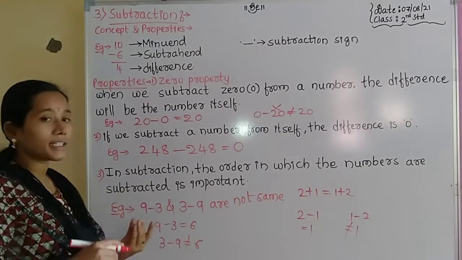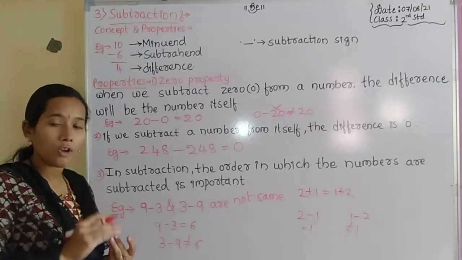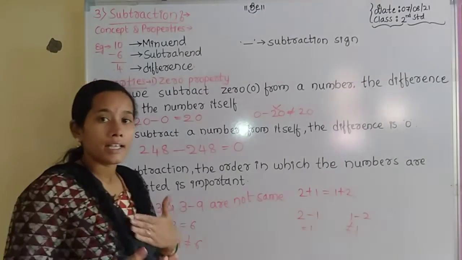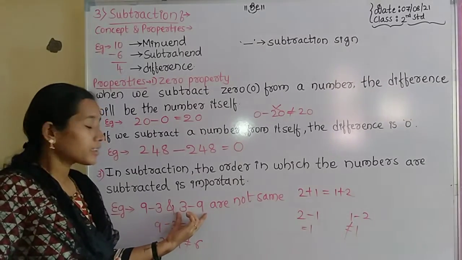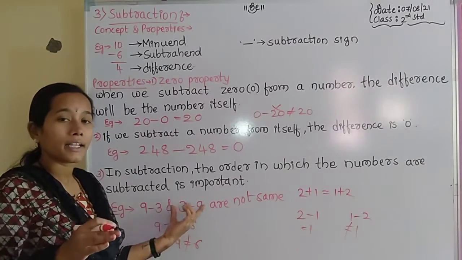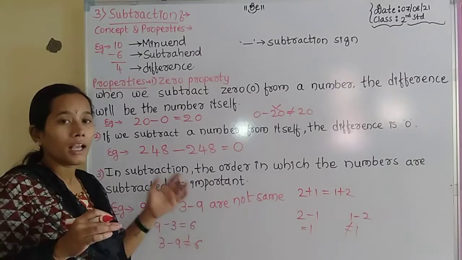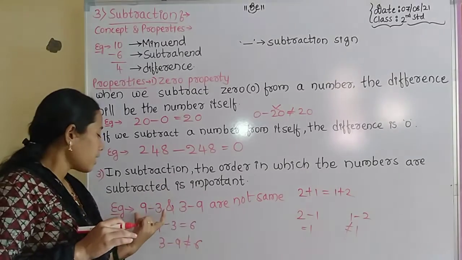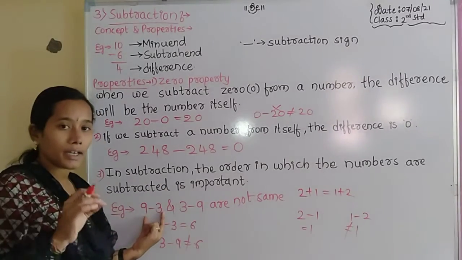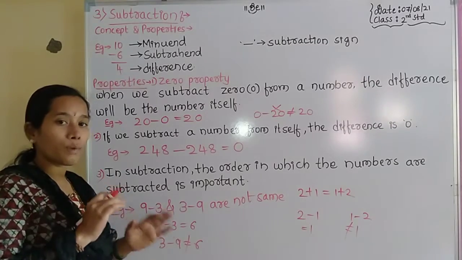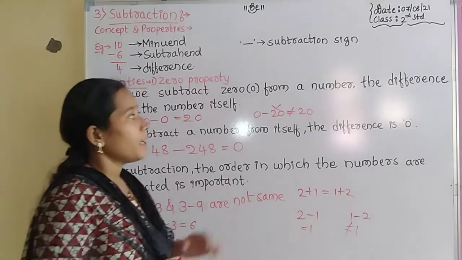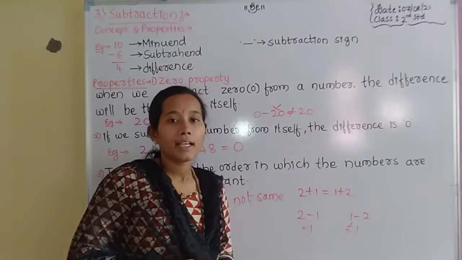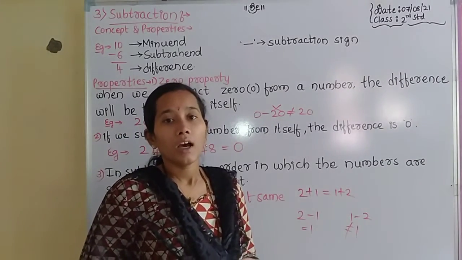The minuend is always greater than the subtrahend. See here, 9 is greater than 3. In the other case 3 is smaller than 9, and in this case we do not apply the subtraction operation. So 9 minus 3 is the correct one. Here order is very important. This is about the concept, terms and the properties of subtraction. In the next class we discuss some more methods of the